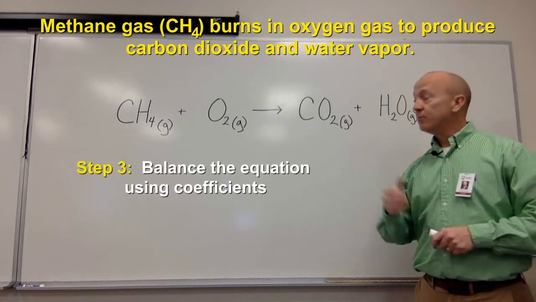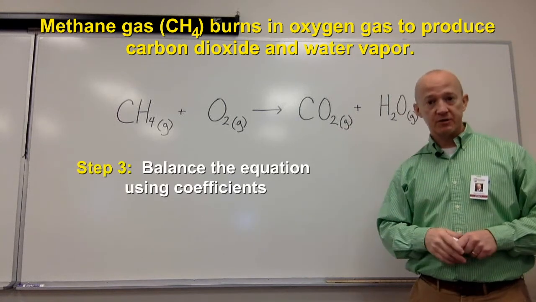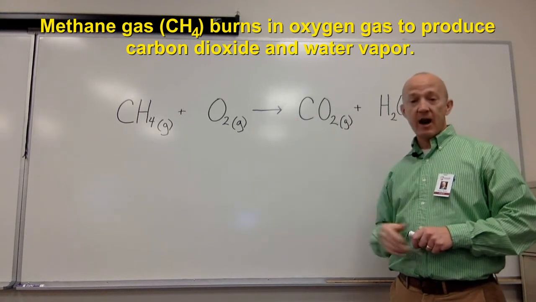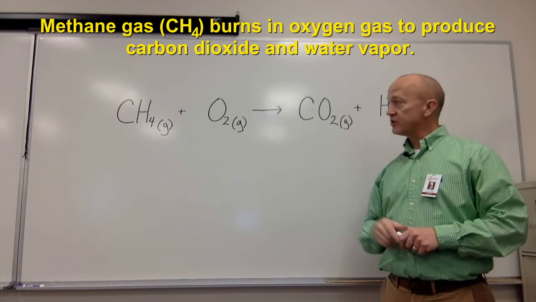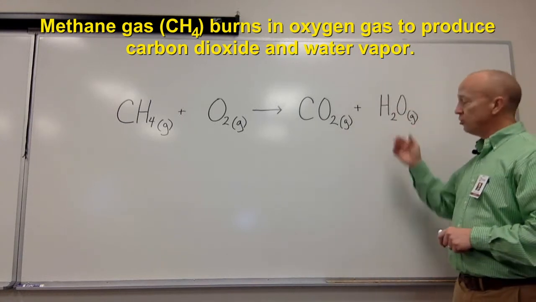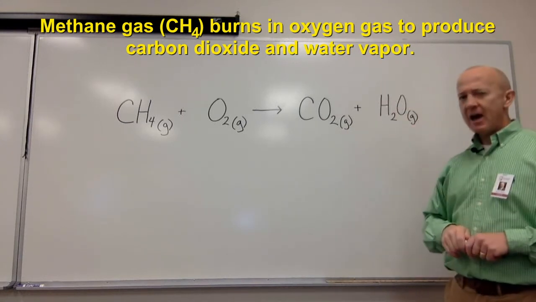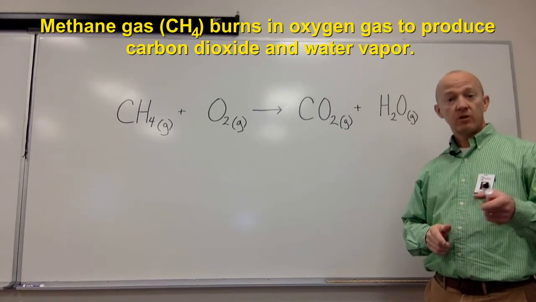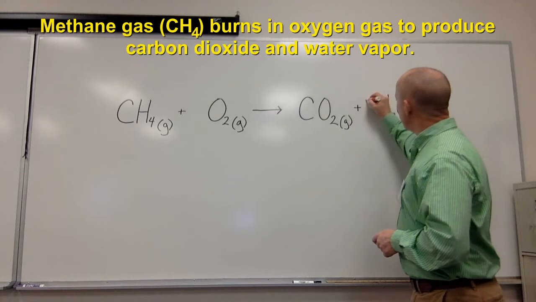Step 3, balance the equation using coefficients. I don't have to do anything to the carbon just yet, so let me take a crack at the hydrogen. There are 4 hydrogens on the left side and 2 on the right side. How would I go about balancing my hydrogens? Right, I'll put a 2 in front of